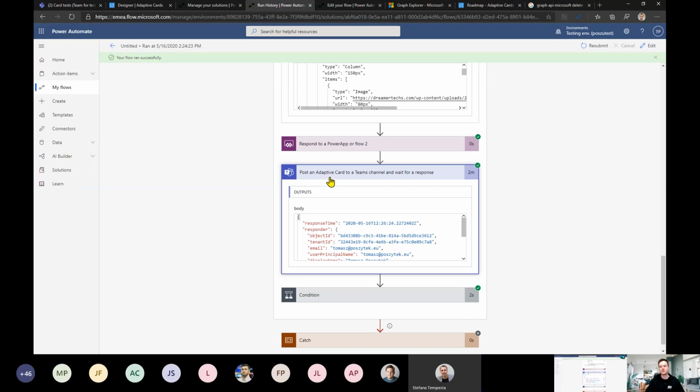The second one was post an adaptive card to a Teams user and wait for the response. The huge advantage of this action is that before then, we had only two actions to post adaptive cards to Teams. That's correct. But with those actions, we were not able to grab the response. We were not able to put a form inside an adaptive card and then grab the data out of the form,